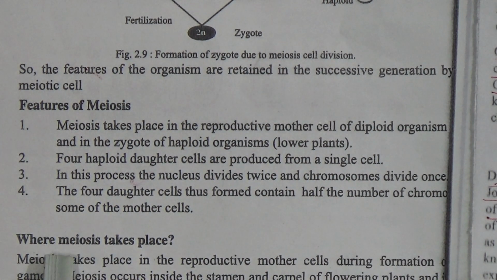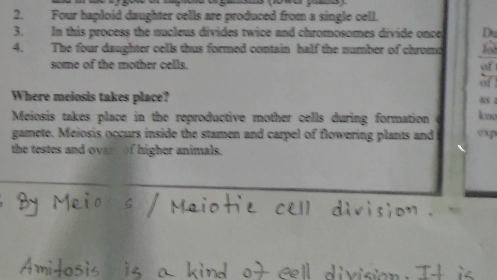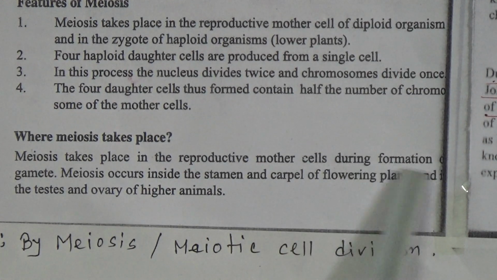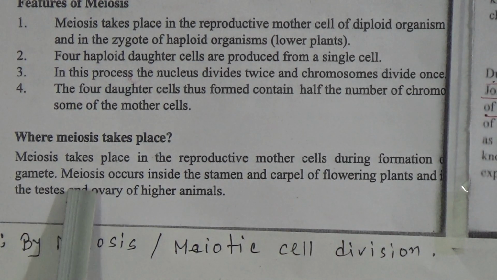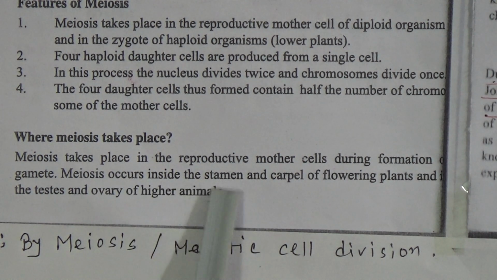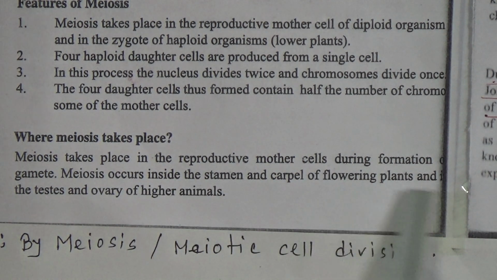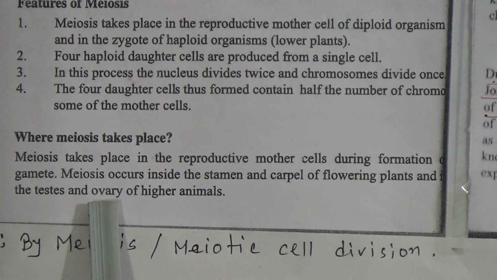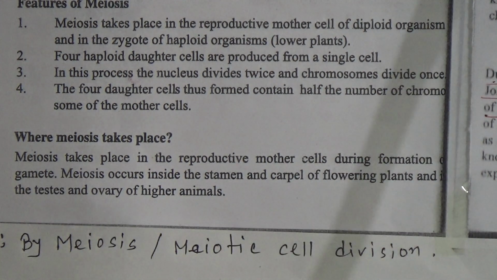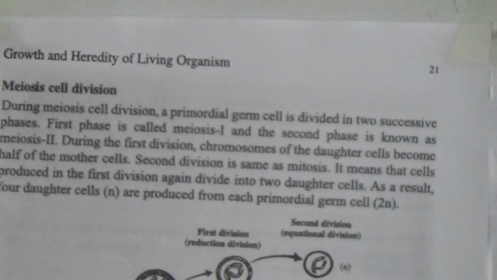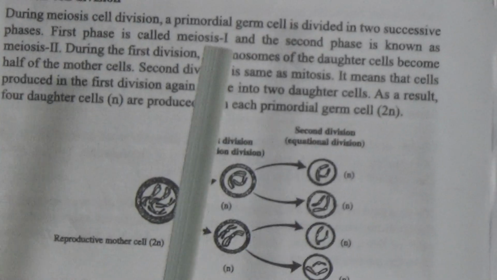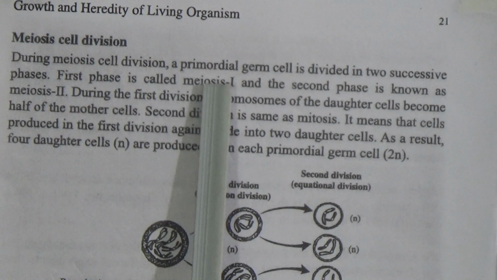Now we will discuss where meiosis takes place. Meiosis takes place in the reproductive mother cells during formation of gametes. Meiosis occurs inside the stamen and carpel of a flowering plant and in the testes and ovary of higher animals. Now we will discuss the meiosis cell division. During meiosis cell division,